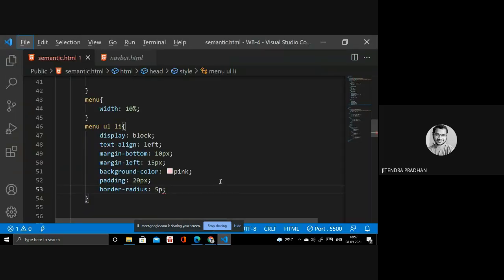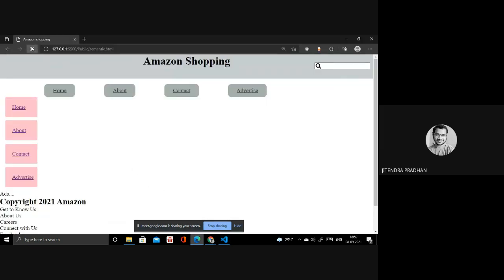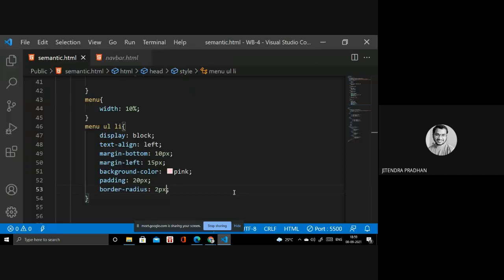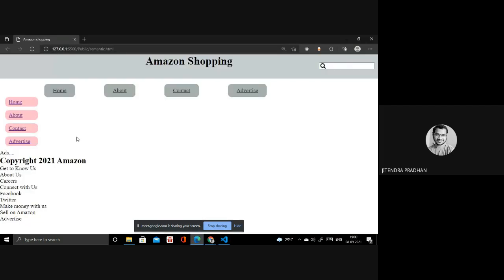If I write 5 pixel, okay, then I need something more. Okay, 2 pixel. That's not right. Okay, padding will need to change. Sorry, 10 pixel is required, and inside I need to change something to 10 as well. If you write 5 pixel, and inside if you require 10 pixel, then you have to use it. Okay, it looks better now.